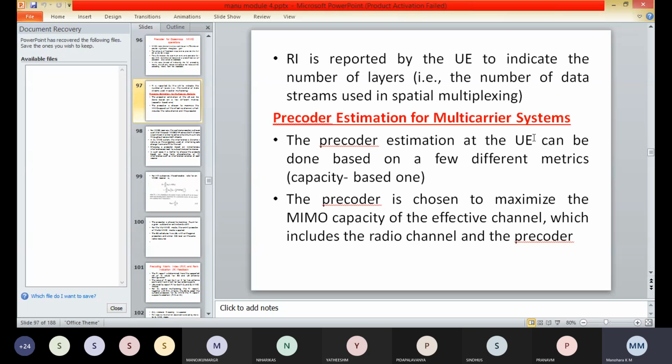Coming to the precoder estimation for the multi-carrier system, the precoder estimation at the user equipment can be done based on a few different metrics. The most common metric is the capacity based one, where the precoder is chosen to maximize the MIMO capacity of the effective channel, which includes the radio channel and the precoder.